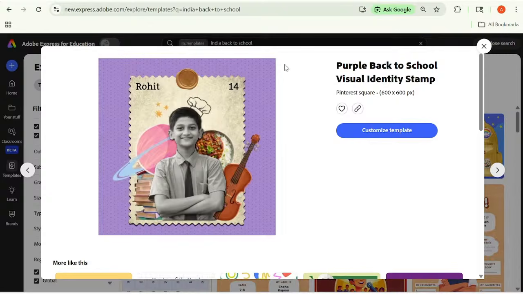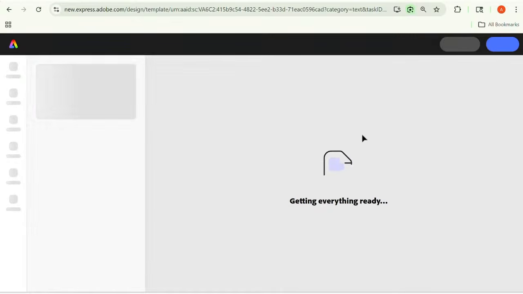With the first activity. The link for this activity already available in the YouTube video description. This is the activity one, which is the visual stamp. Okay, so click on customize, and students